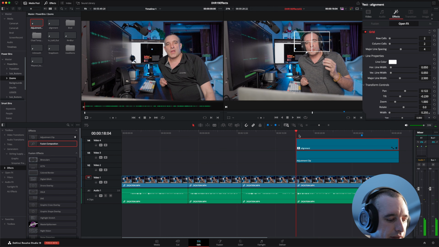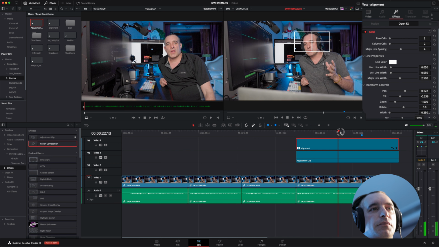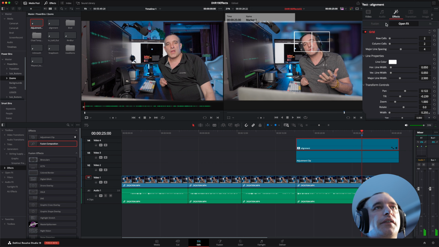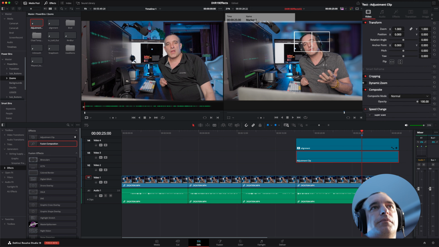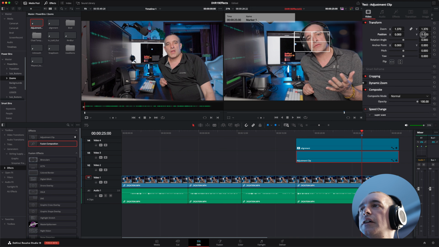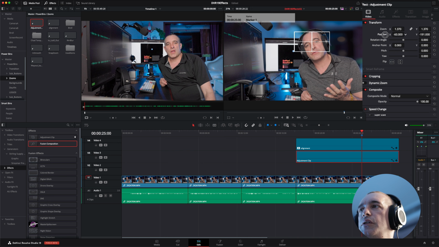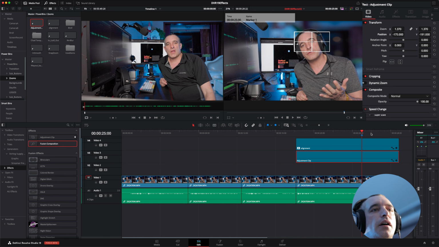That's where that is, and I'm going to check where I am at the beginning. So as you can see, I was very close on the eye. So right around the beginning, it's going to be there. That's good. So let me come back to my marker, and then I'm going to use my adjustment clip, and this is where I make my zooms. So I'm going to zoom in to say about here. Let's move this down. Right over here,